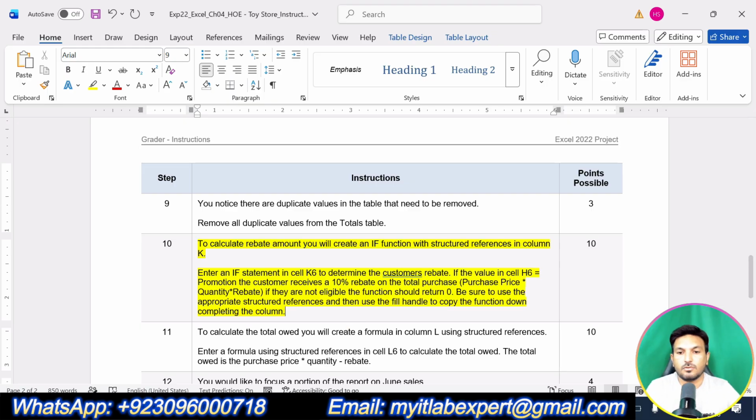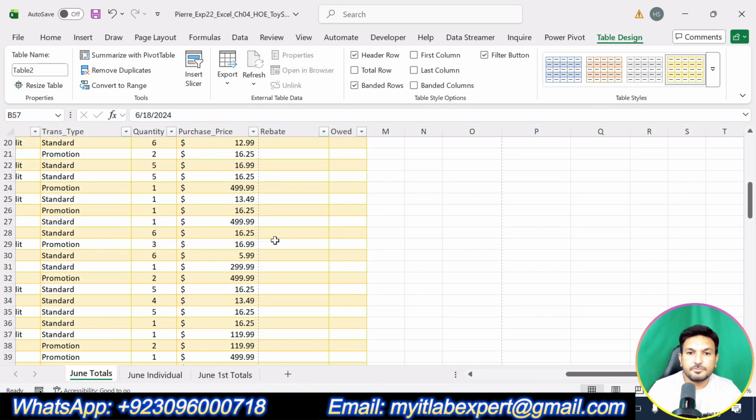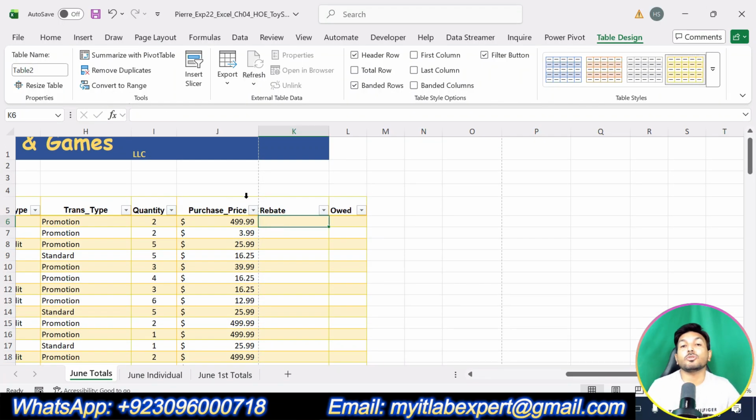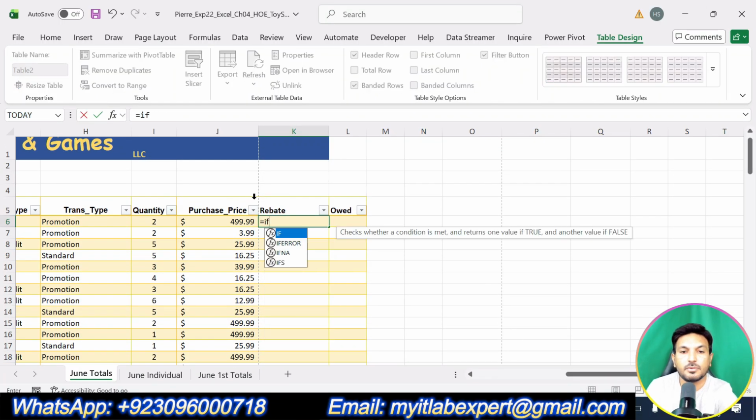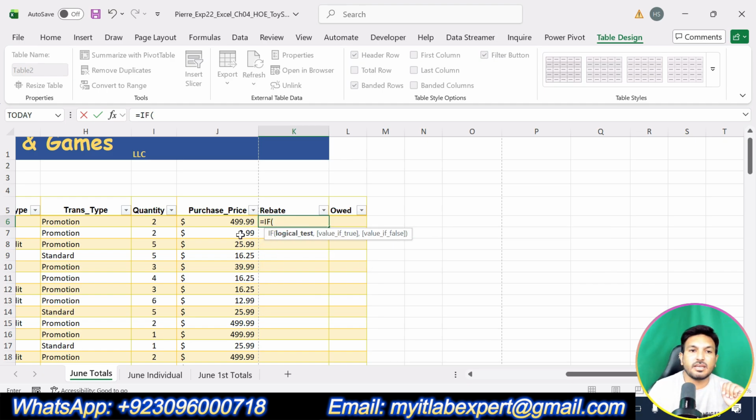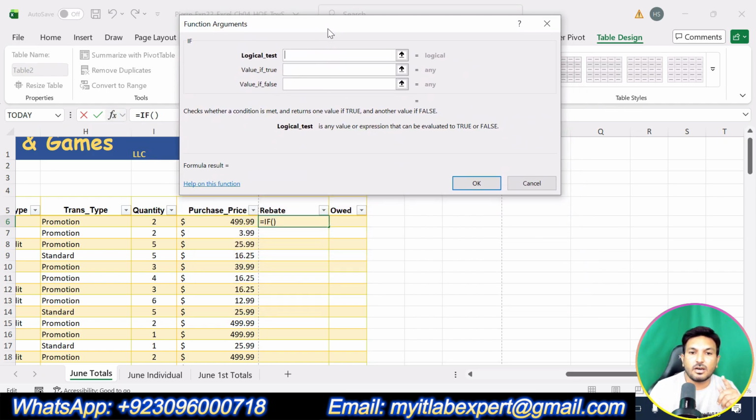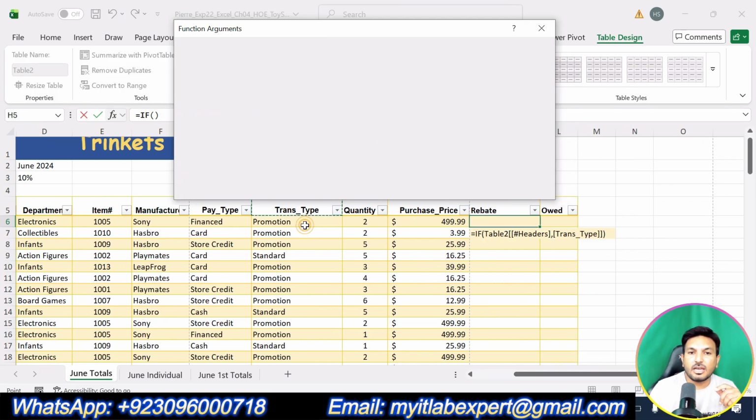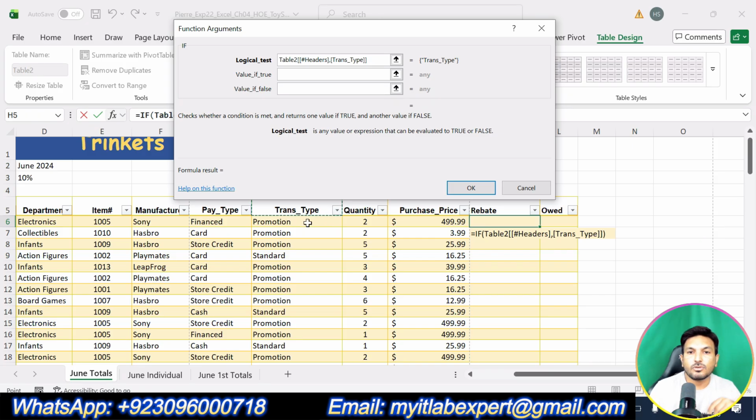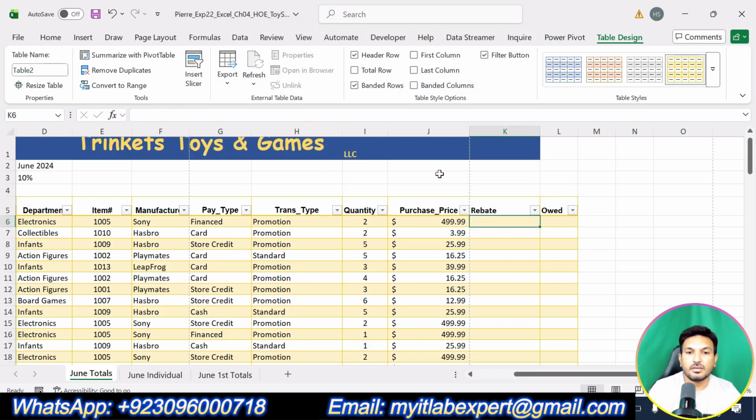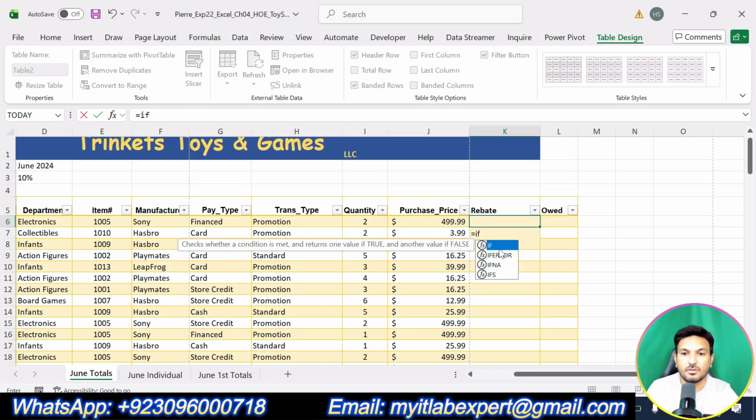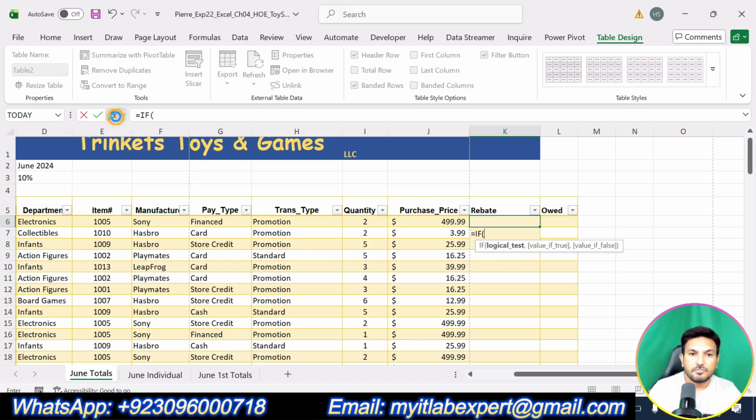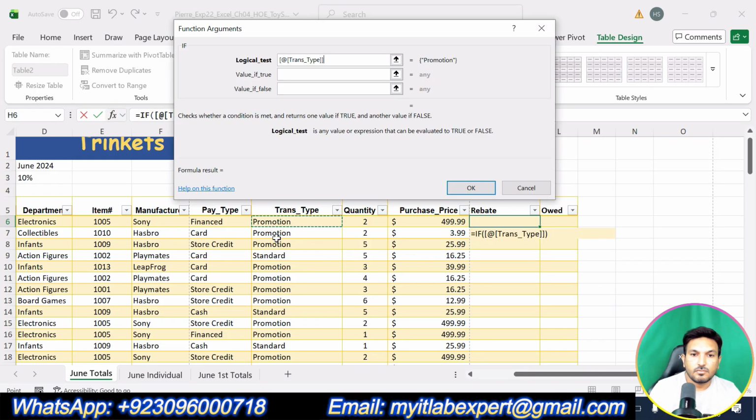Okay. So we will go to cell K6 here and we are supposed to use an if function. Type equal sign, type if. So if function will appear there, double click on that and click function symbol to enter the function arguments. Okay. So now we are supposed to check if trans type, this one, if trans type, one second, if trans type is equal to promotion,